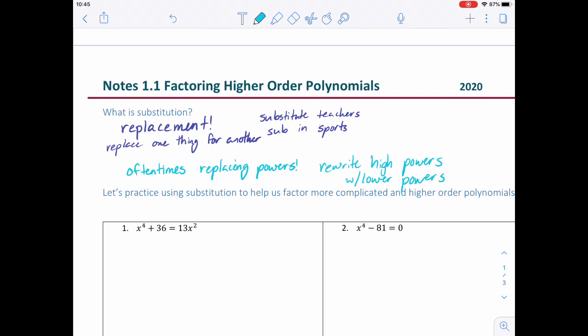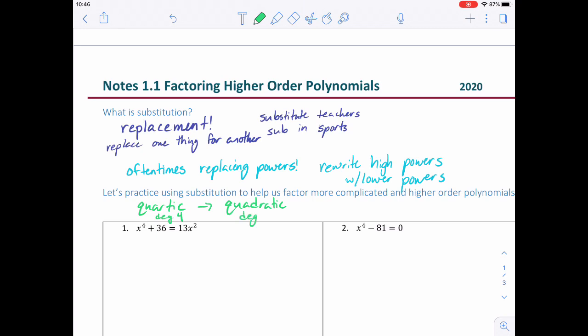And so what we're going to look at today is how we can turn a quartic, or degree 4, into a quadratic. So we're going to take a quartic, which is degree 4, and turn it into a quadratic,